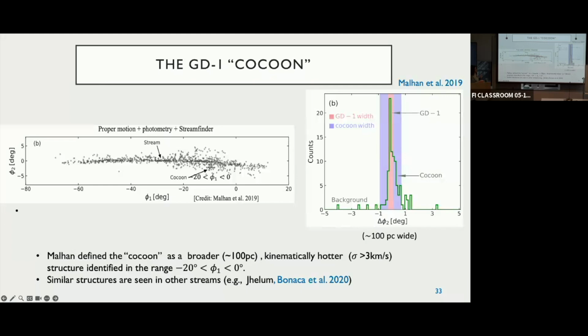And he argued that there was a structure here, which he called the cocoon, a broader structure, about 100 parsecs in width relative to the thin stream, which is only like 7 parsecs or something, and a broader velocity dispersion. And similar structures have been found in a few other galaxies. So we,